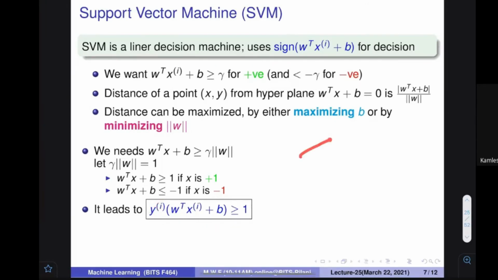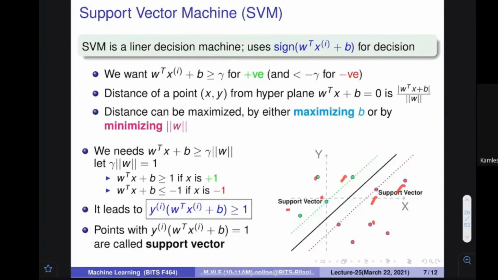Here I am assuming that the classification label is plus 1 and minus 1, okay? Instead of 0 and 1, it is plus 1 and minus 1. So this quantity should also be there. It says that all the points are rightly classified. What does it mean that all the points are rightly classified? If many data points are there, the line that I'm going to draw is going to be this. The first points, which are the nearest ones, are called the support vectors. They have a special name in this particular model. They are called the support vectors.